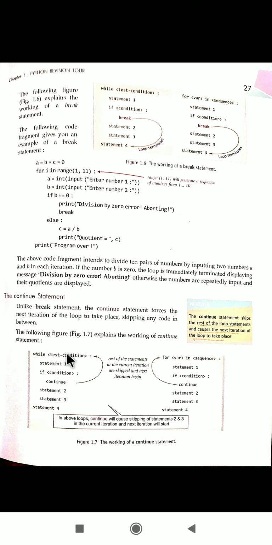In a while loop, if you have inserted this, at this place break was applied. If we have applied continue, it will take us to the beginning of the loop, whereas break was taking you out of the loop wherever it has been applied. So continue will take you to the beginning, and break will take you to the outside of that particular loop. I hope the difference is clear.